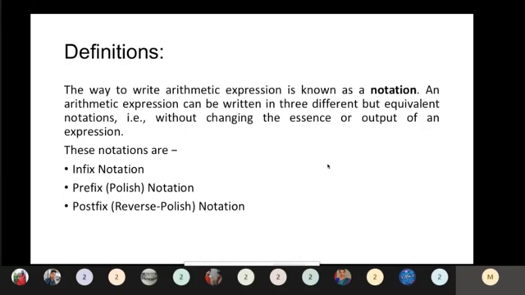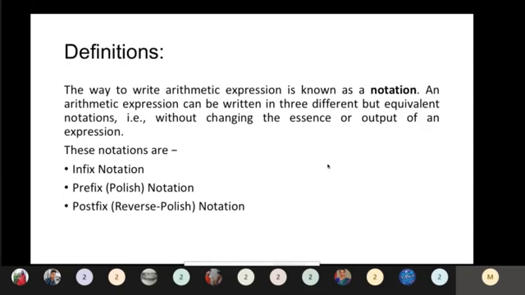In general, if you take any arithmetic expression, what do we mean by arithmetic expression? We have operators and operands combined together. It is called an arithmetic expression. For example, C equals A plus B. What is C here? What about A and B? These are the variables, or we can say operands. Then equal and plus are called the operators.